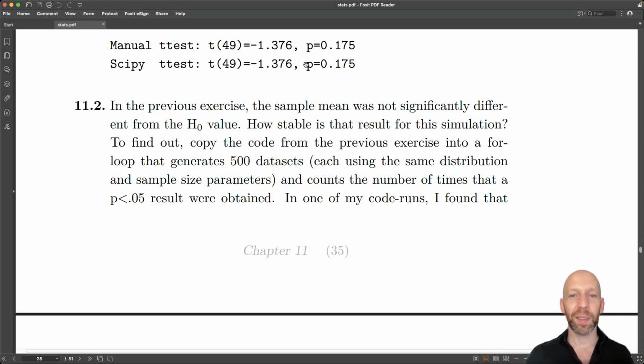To be clear, this test does not mean that the population mean was equal to minus pi over 2. That's not what it says. What the test says is that I don't know for sure that the true population mean was not equal to minus pi over 2. Okay, so the question that we are addressing in exercise 2 is how stable that result